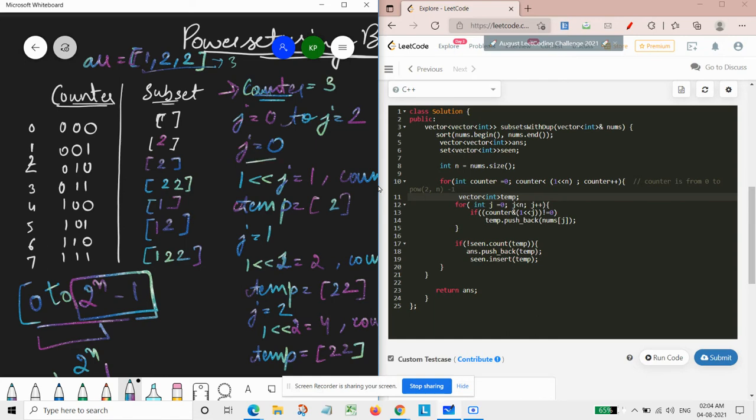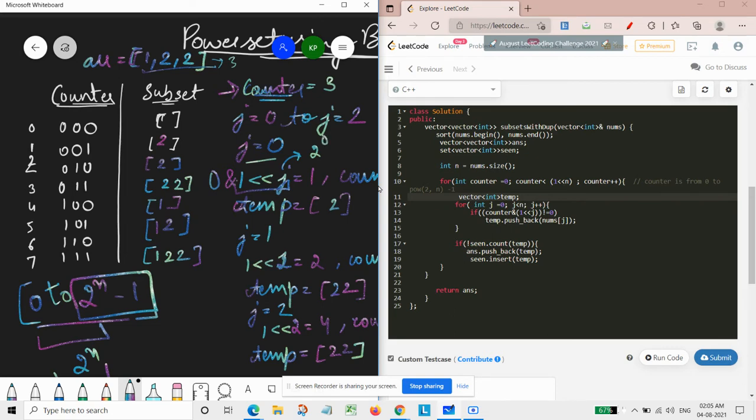When j value is 0, at that point our counter value will be simply 0, right? And when we do AND with that, what we are doing is 1 left shift operator j. What this will be doing is it will be simply doing 2 raised to power j, and here j is 0.